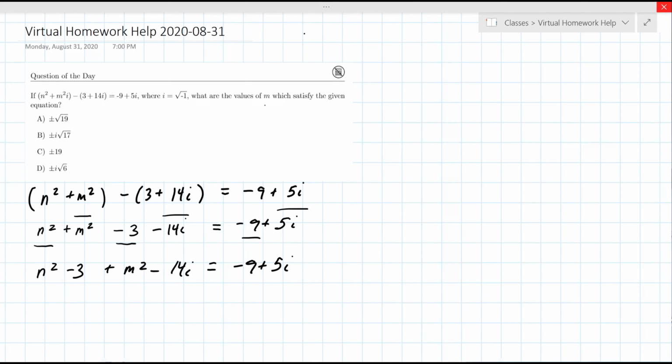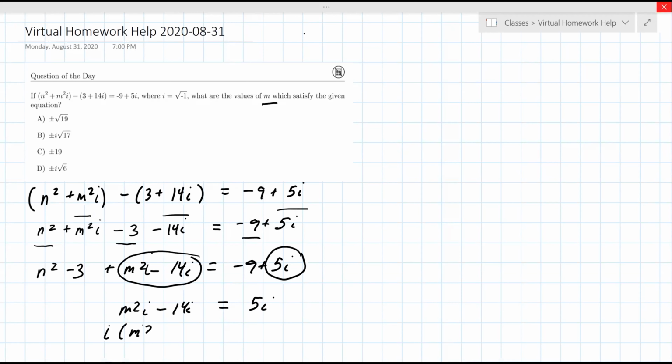Since we're solving for m, we want to focus our attention on the imaginary part, and I left an i out in the beginning here. So we're focusing on setting this part equal to this part. m squared i minus 14i equals 5i. If I factor out i from the left-hand side,